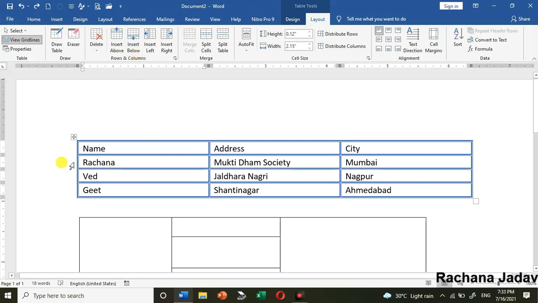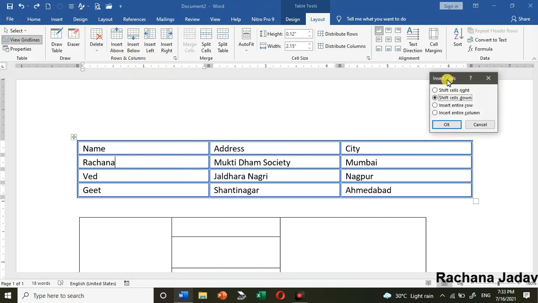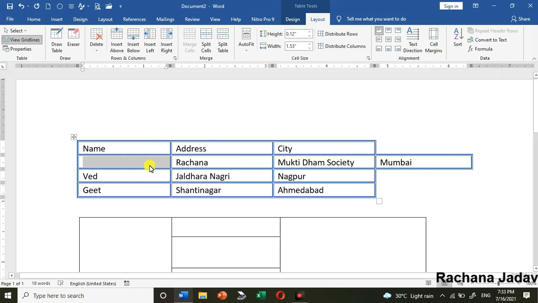Okay, now the next thing, that is to insert the cells. Okay, so now I want to insert the cell. So again I will go over here and here we will go with the option right click, in that insert and insert cells. तो उसमें आपके पास option आता है, that is shift cells right. So I will just do it on the right hand side. तो यहाँ क्या हो गया, cell insert हो गया, but this one is moved. Okay, so it is moving.